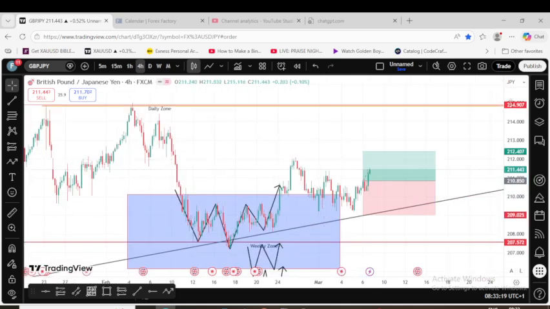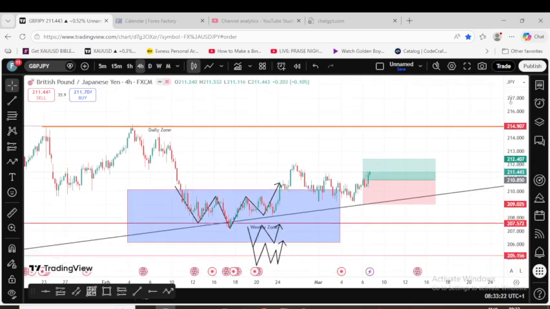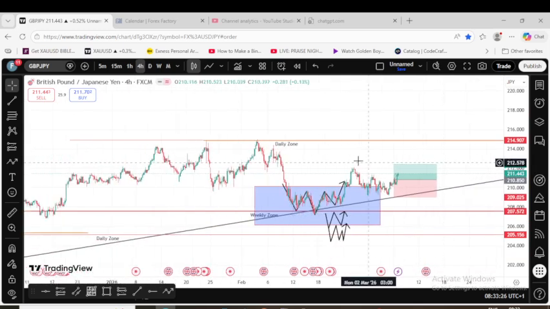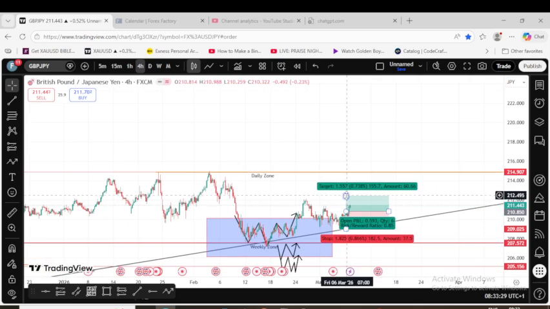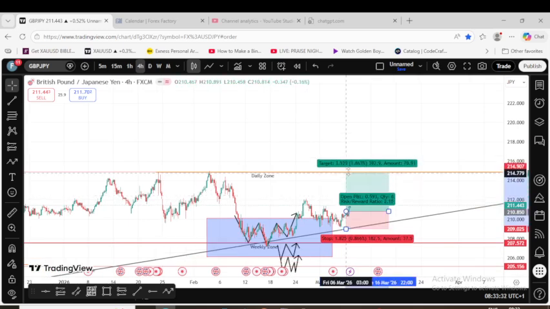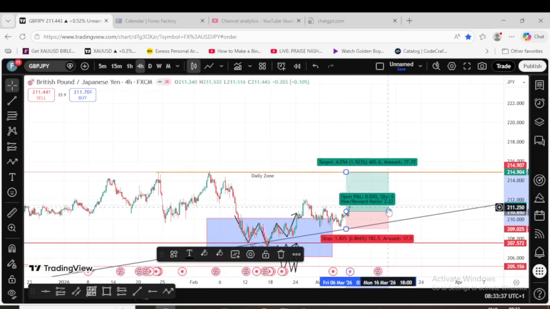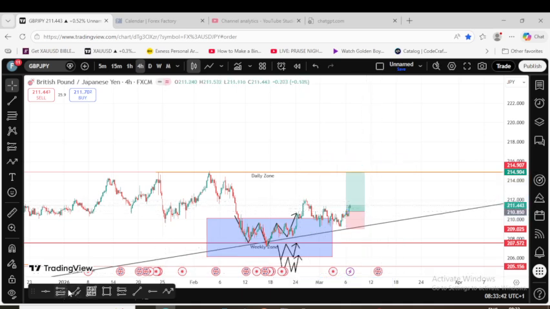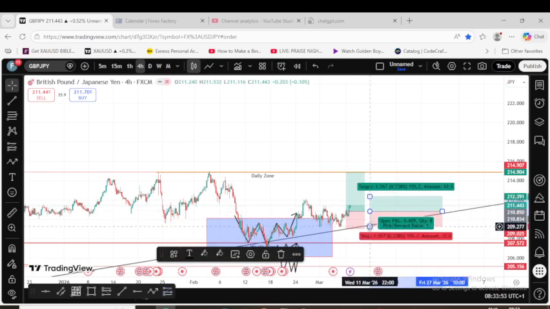Sorry about that. That's our most appropriate entry somewhere around there based on the signal. And then our targets, since price is switching from the correctional phase to an impulsive phase, we're expecting price to at least get here. This is our barest minimum expectation. We're expecting price to get here. But at the same time, I'm going to use a different one. Here, right about here, and then we should be expecting